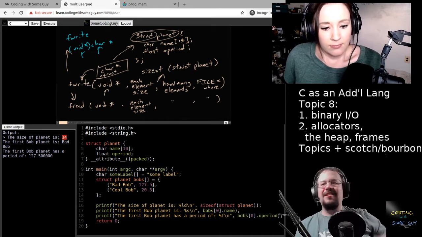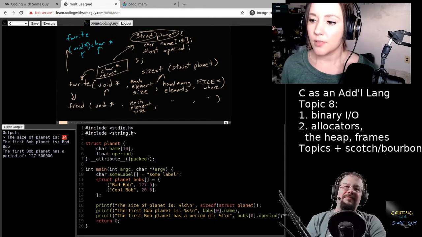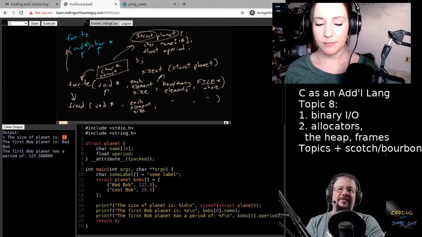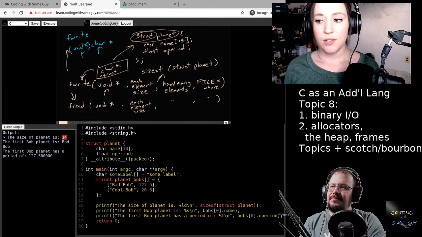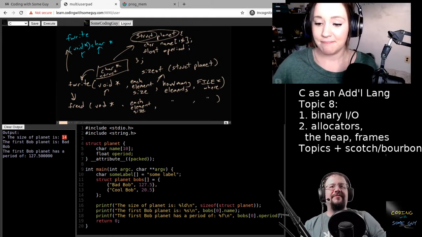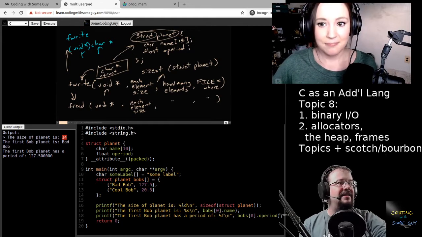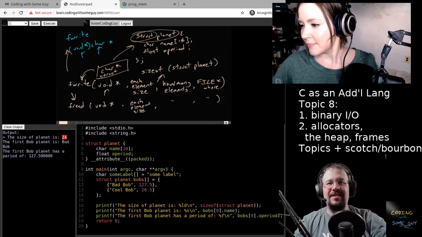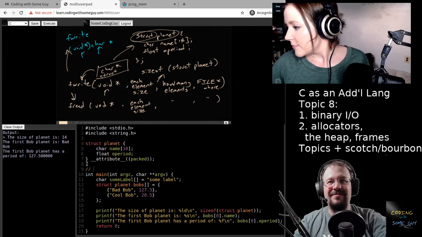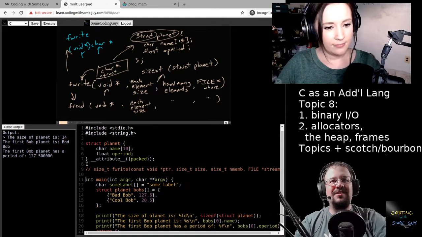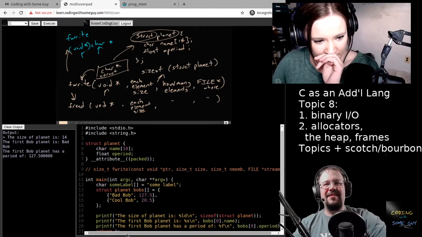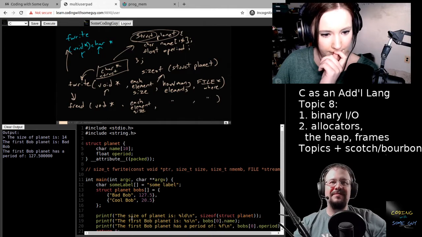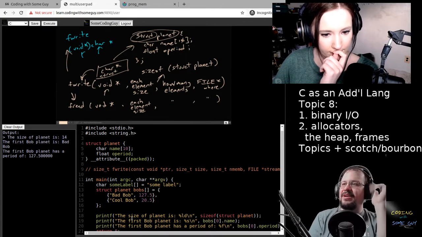Okay, so how do we write these out? Let's get to our fread and our fwrite. Let's get this thing out to a file. We're going to start with fwrite. I'm just going to drop up here the part of the manual page that we have in the newer version that we don't have tonight. If you could look it up, you would see this is the description of how fwrite works, and it follows basically what I wrote on the whiteboard.